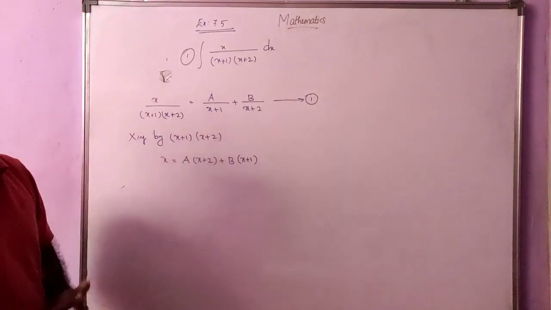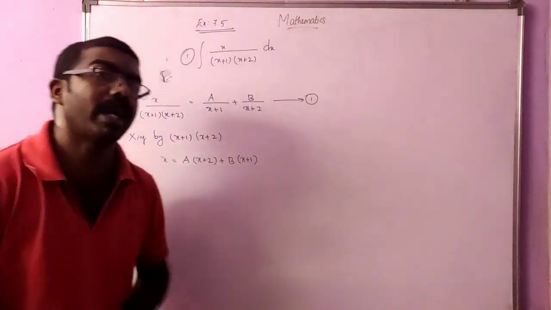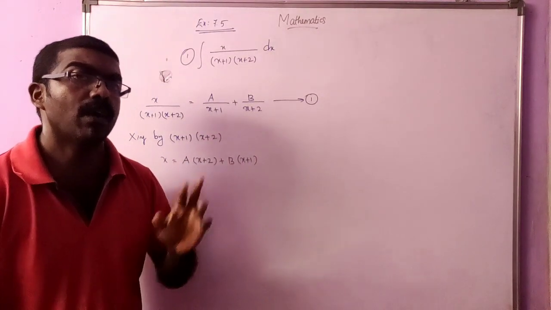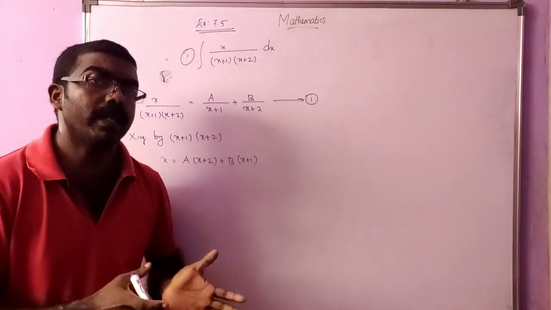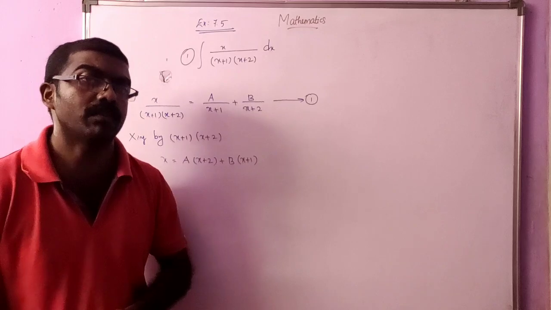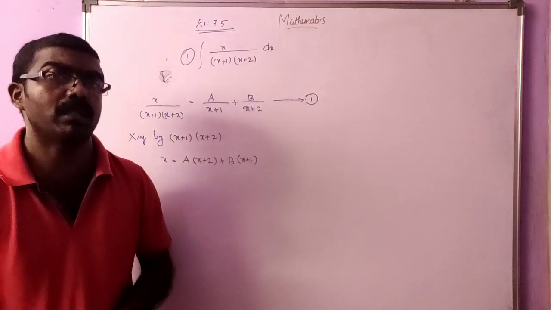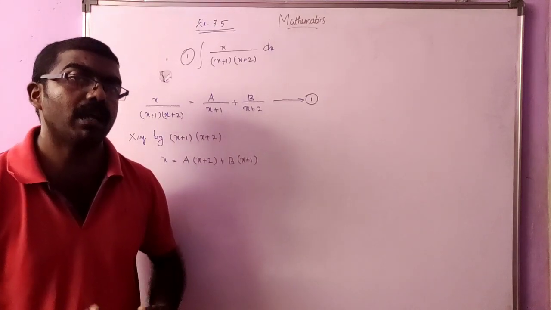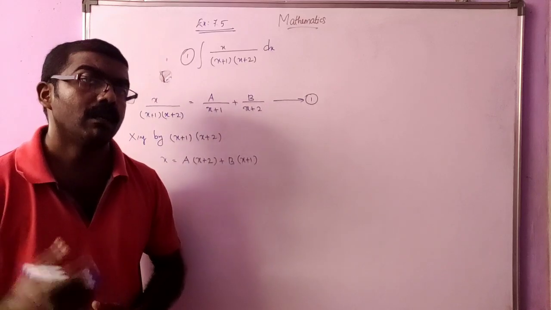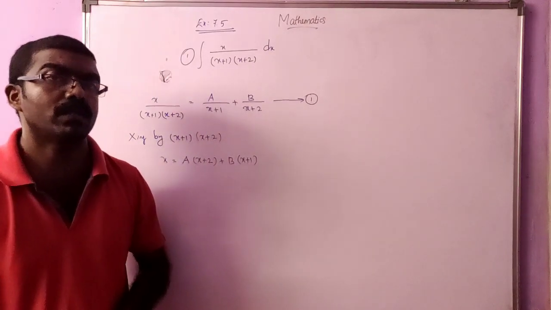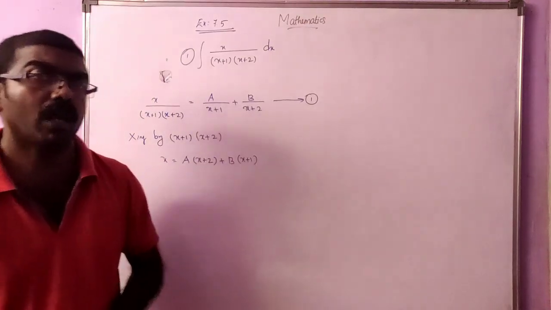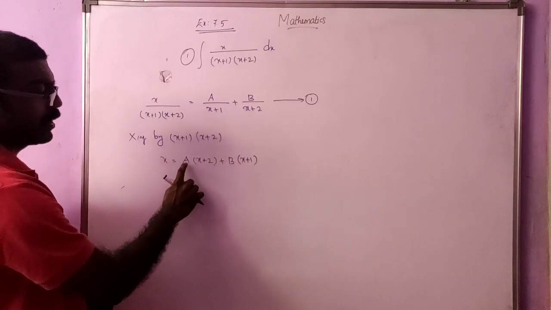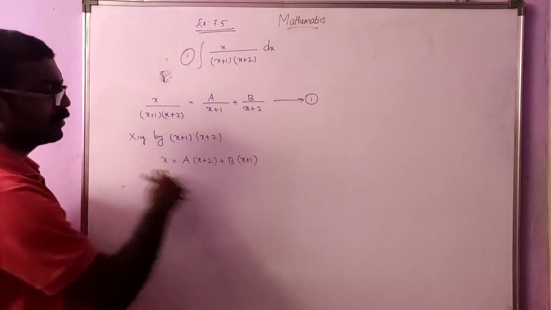Okay. Now we can use 2 different methods to find the values of a and b. To find the unknown values a and b, we have 2 different methods. One is equating coefficients and constant terms, and the other one is the elimination method or the substitution method. Okay, substitution means we can replace x by one number in such a way that we can eliminate any one constant from this equation. Okay, that means if you replace x by minus 2, the constant a is eliminated from here.